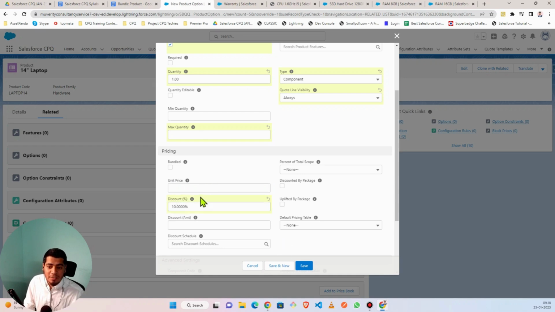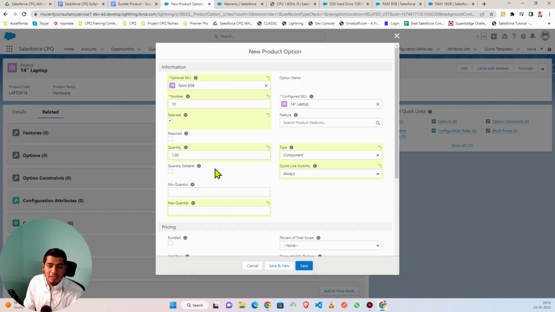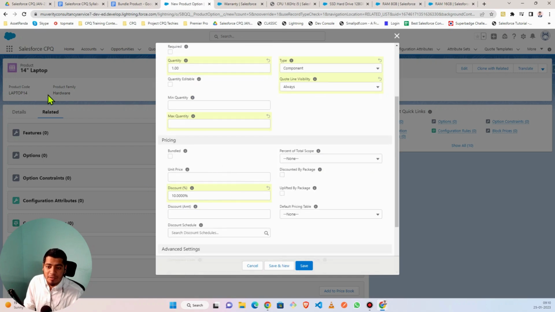or I can apply a 10% specific discount for this product. Why? Because I am selling this product along with the laptop, not as a single product. I have included this product inside the laptop, right? And the first field, the bundle checkbox, is the field where if you enable this